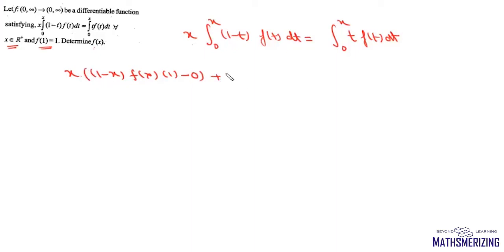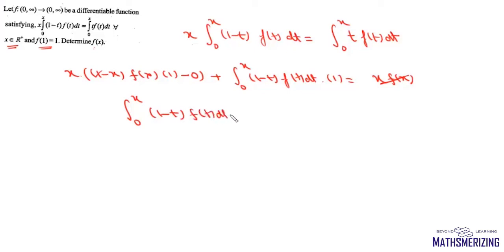Now plus this integral as it is from 0 to x of 1 minus t f(t) dt, and the derivative of x is 1, and on the right hand side it will be simply x f(x). Now x f(x) will cancel, so we'll get this integral from 0 to x of 1 minus t f(t) dt, and it will be equal to